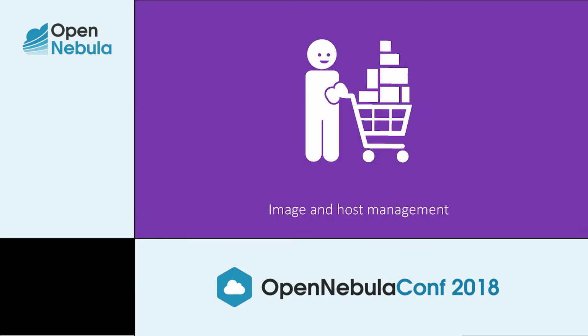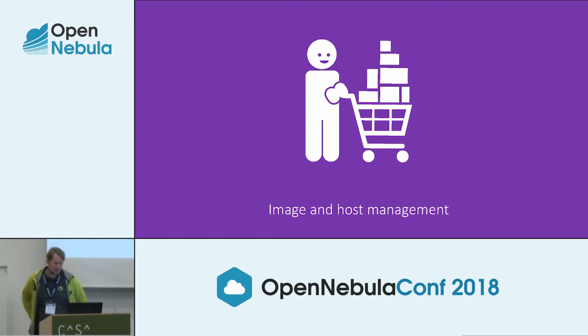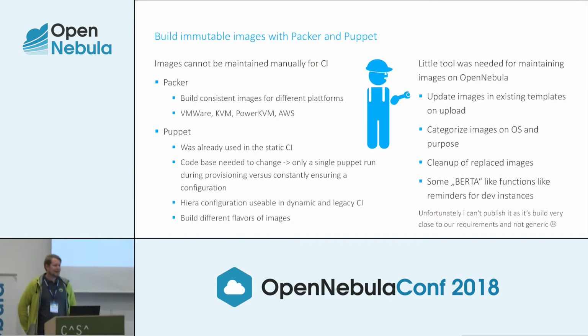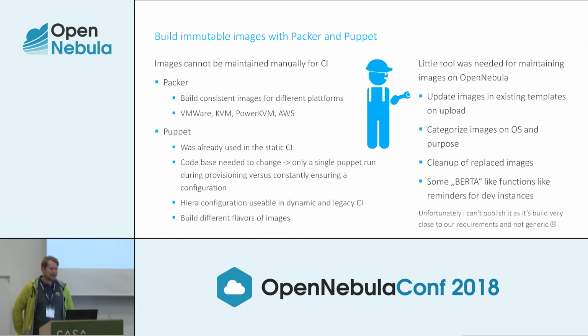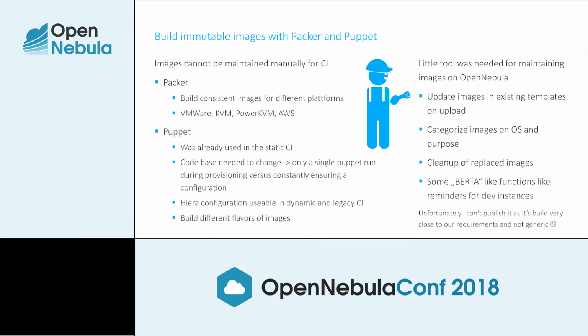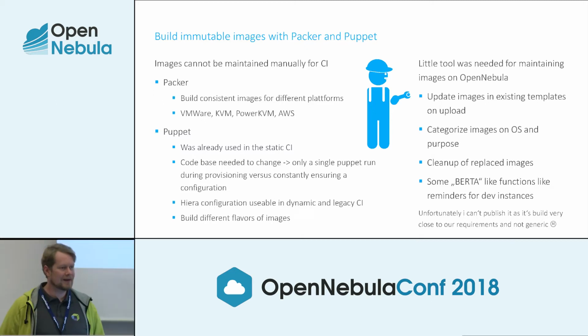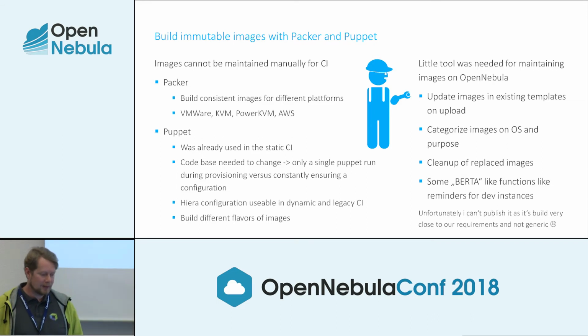Okay, short about image and host management. We build our images with Packer and Puppet. Basically, if you run a CI, you don't want manual image builds. You can't maintain that really. So Packer offers us a nice and easy way to build the same image for different hypervisors, VMware, KVM, or AWS even. And in there we run Puppet because we used Puppet before. So we have all our code in Puppet already. We needed to adjust it a bit to have it in this one separated run,